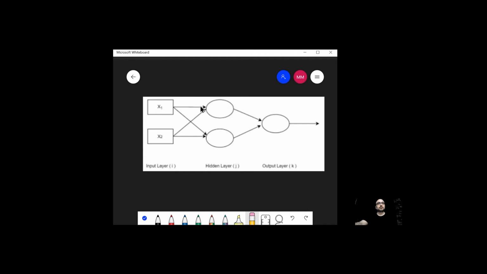Why do we call it a neural network? Because it consists of some neurons. These circles that we see here on the image are nothing but neurons. And when I say neurons, these are nothing but the space to do some calculation, some technical stuff, to give us some output in terms of these input values, right?